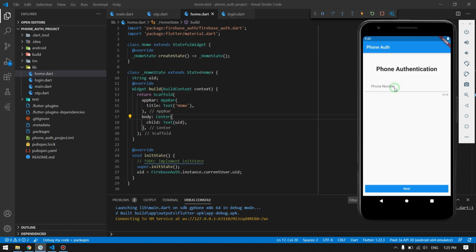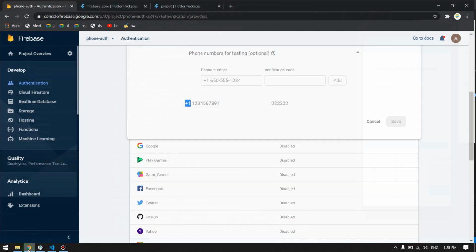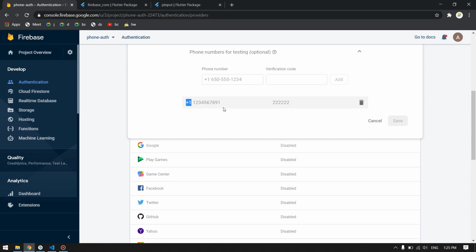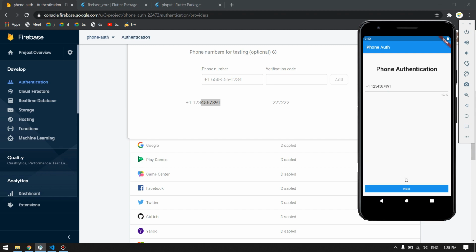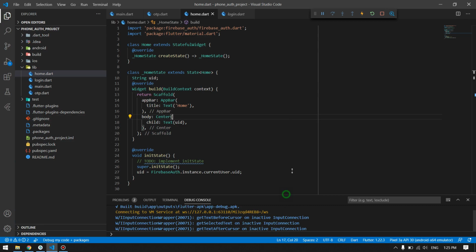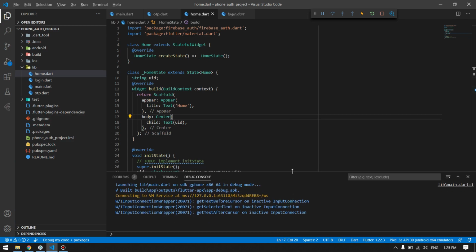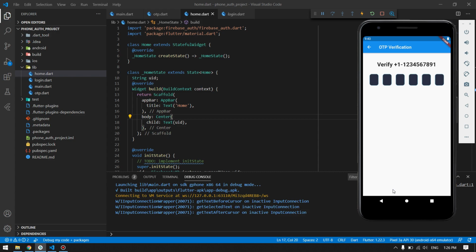Okay, now our application is up and running. If we provide the phone number that we have given here for the test purpose, it's all the way 1 to 9, and at the end it is 1. So I will give the same, and if I press next, let me just show the debug mode as well. If we get any error, so if I press next, it will